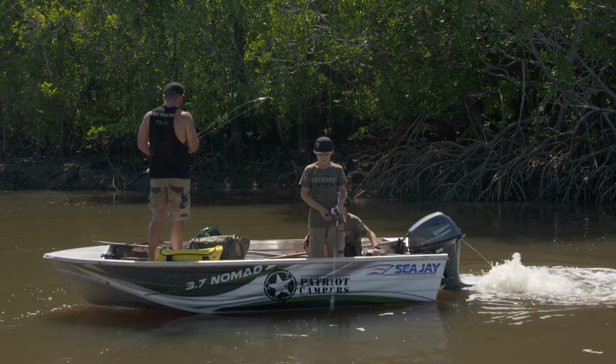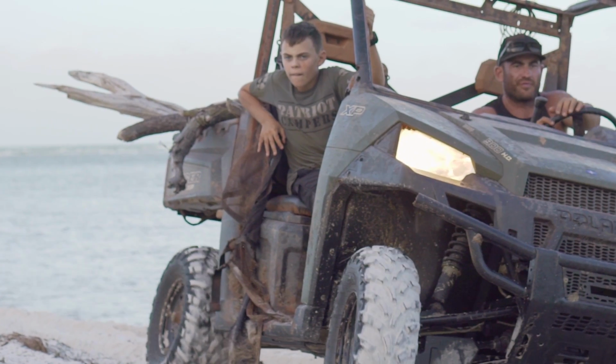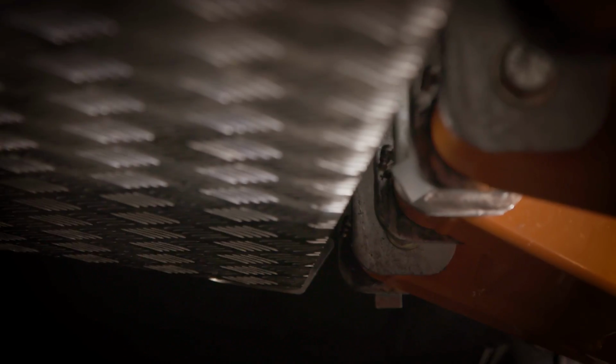But how did it all get started? I've been in sheet metal my whole life since I'm a third-generation Australian manufacturer. My father's been in steelwork, my grandfather was in steelwork. So growing up, it was a natural progression that I was going to get involved in the metal industry to some extent. As a camping enthusiast, Justin never dreamed his hobby would become a successful business. But after building a trailer for personal use, he was bowled over by the reception from fellow campers